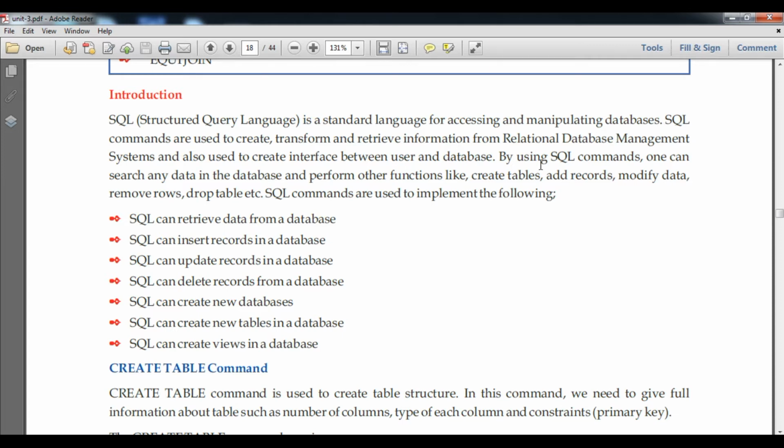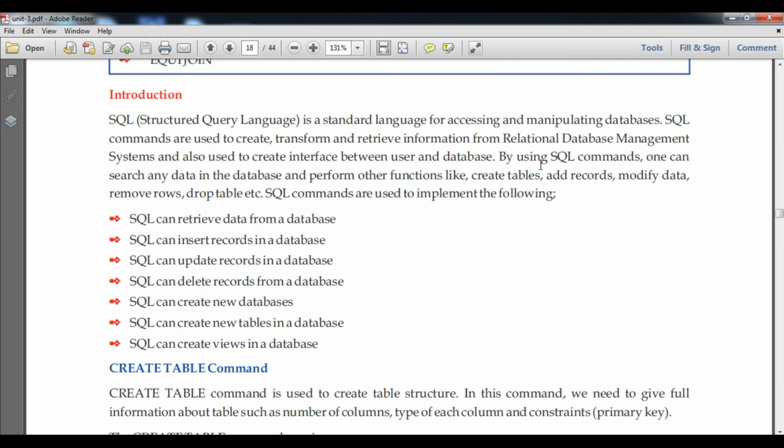As you know, E. F. Codd introduced the relational data model. The relational data model is based on tables, that is, a set of rows and columns, and their relations or relationships. SQL works on the same particular database model only, the relational database model. So SQL allows us to retrieve information, create a table and transfer information from the relational database management system.